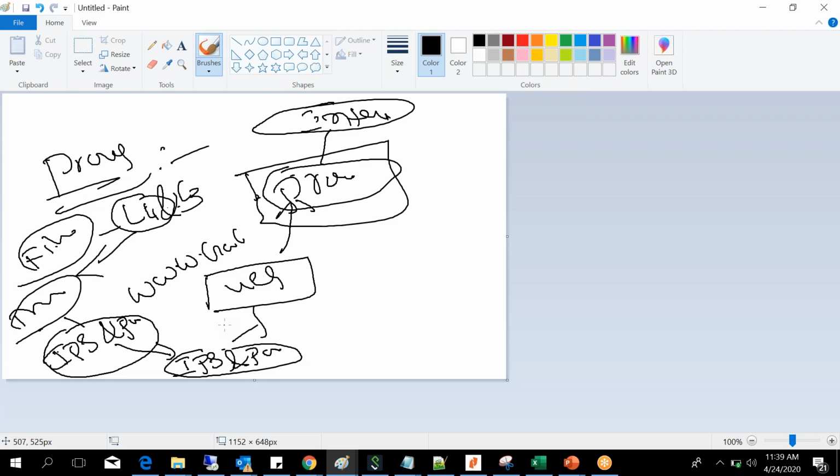It doesn't see the payload. If you look at one packet, it has the IP address and port numbers along with the data payload, but the firewall only sees the IP address and port numbers.